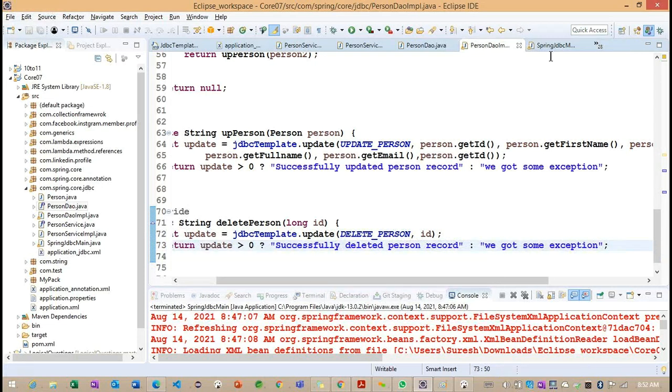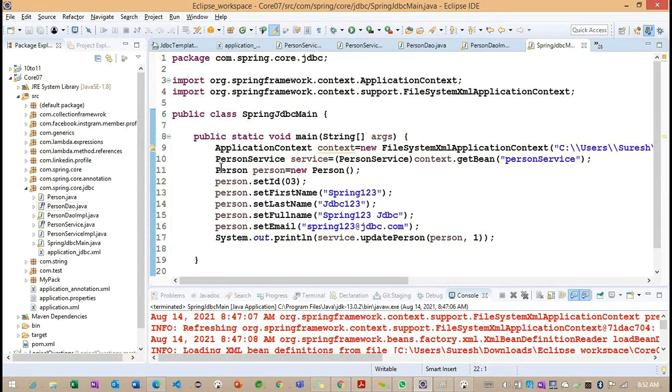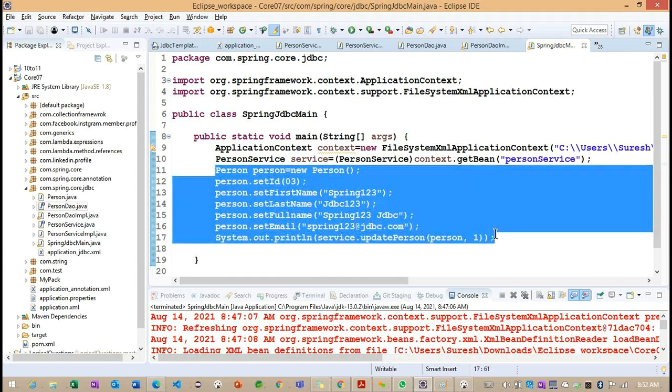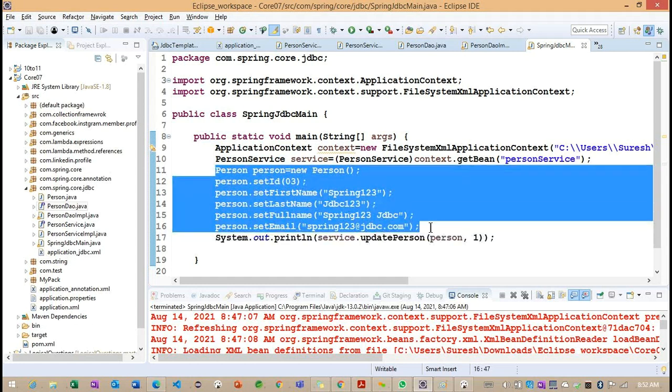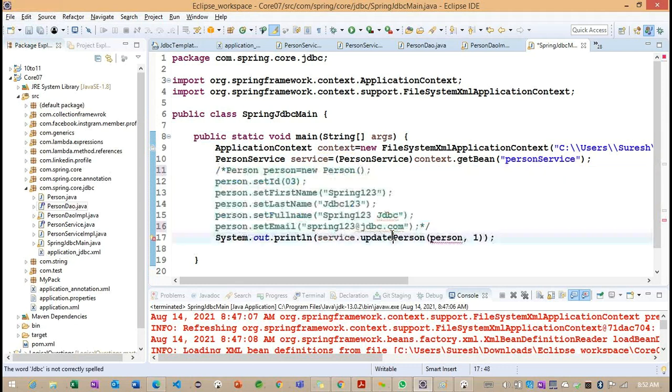Successfully deleted person record. Now back to here. So I'm trying to pass 1, the first record we need to delete.